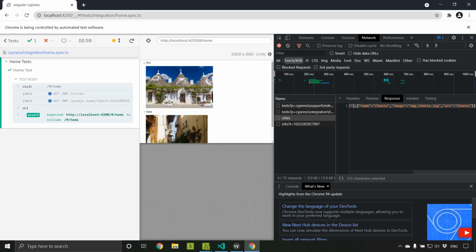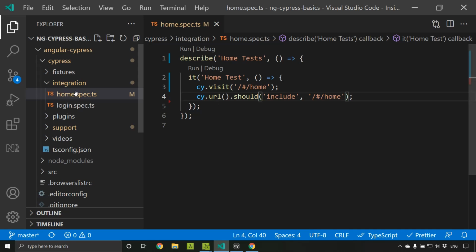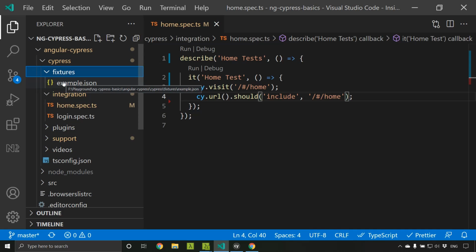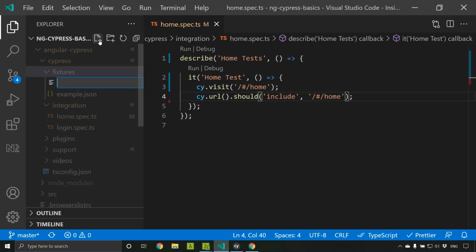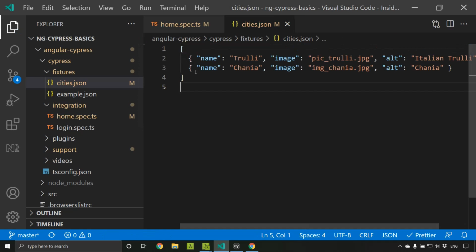What we can do is Cypress provides something called fixtures. A fixture is basically sample data which we can create, and we can use in our tests. So let's go ahead and create a JSON file called cities.json, and I am pasting the data as mock data which I received from the network tab.